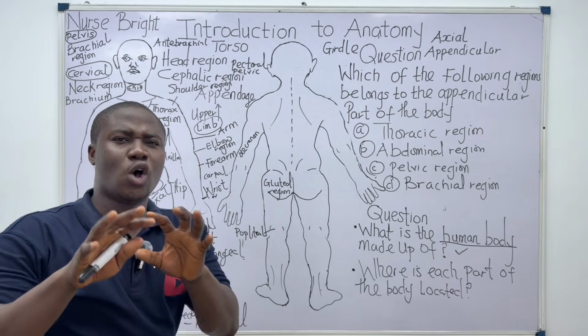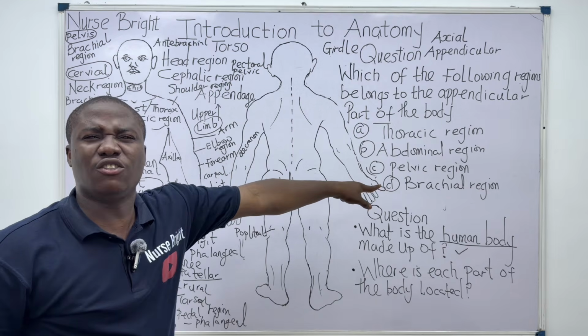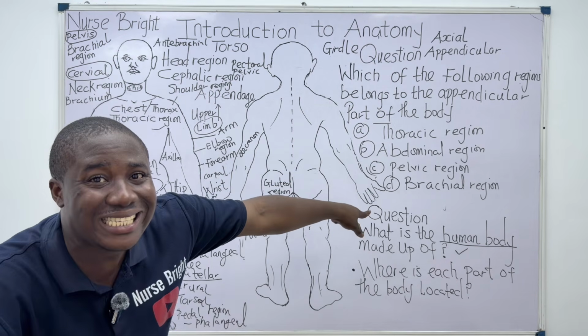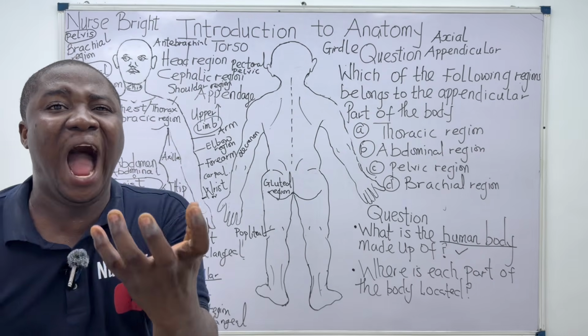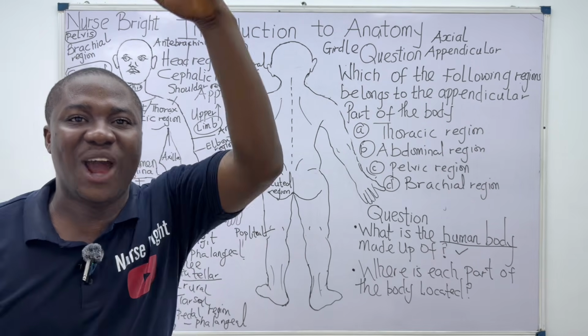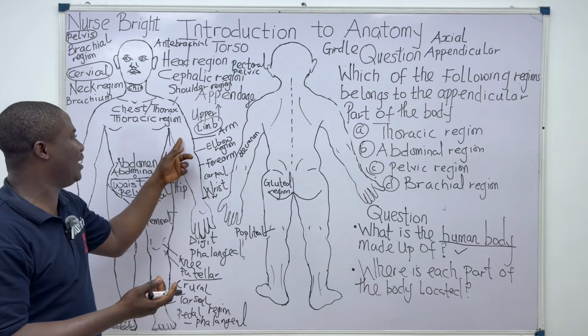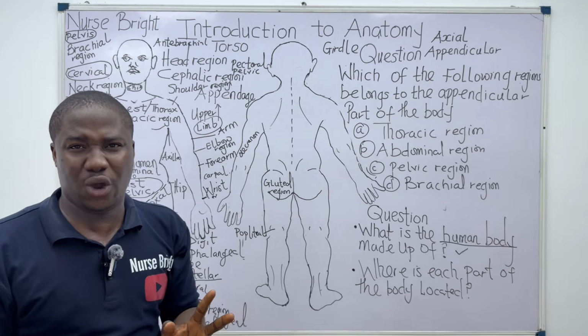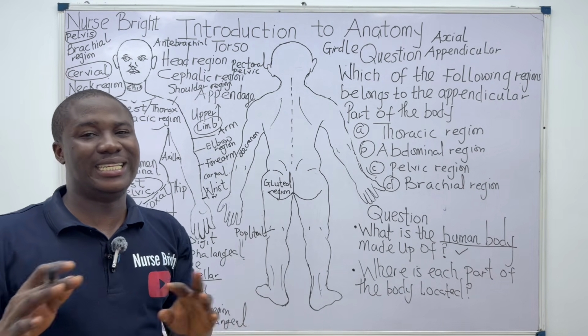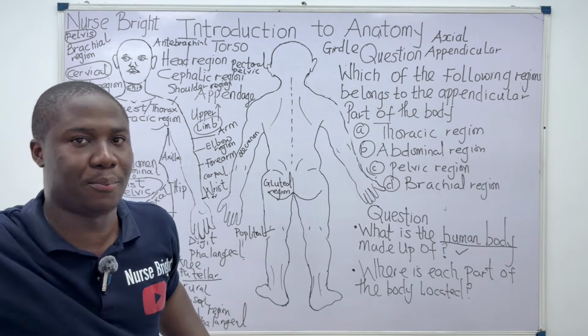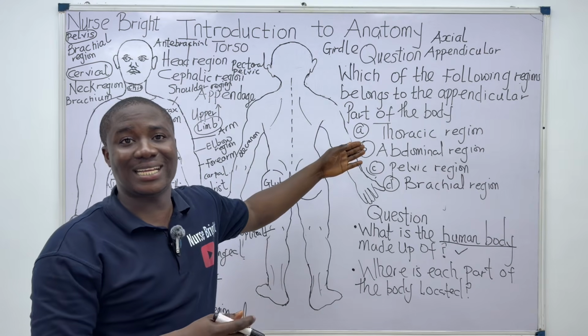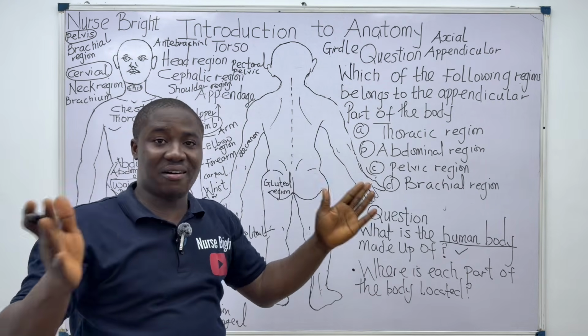Are you there? So the brachial region is literally the answer, because the brachial region is literally the arm on the upper limb. Yes, I've talked about that. The arm is also called the brachial region. Do you understand? All these things are easy. They are not hard. Brachial region came from the Latin word brachium. Oh, I said the answer already. Oh my God. All right, no problem.